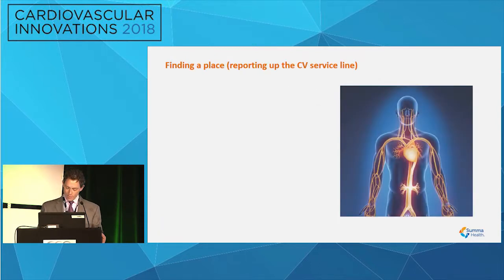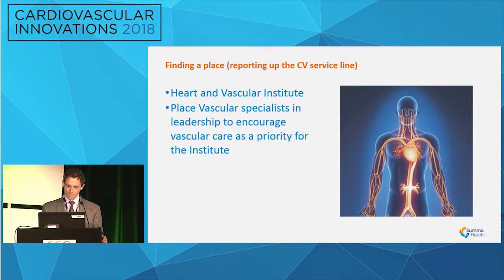So you want to find a place where everybody fits, and a structure where everybody reports to the same institute. Heart and Vascular Institute, I think a lot of institutions have already developed this. This is some kind of structure where every discipline, whether they're under the Department of Surgery, Department of Radiology, et cetera, can have some kind of indirect reporting system to a Heart and Vascular Institute. So you can help coordinate care. Place vascular specialists of all disciplines within the health system's leadership. Put them on executive committees. Help them understand this not only gets vascular as a priority in your health system, but it also helps the vascular specialists understand the importance of collaboration within the health system for the health of the health system.